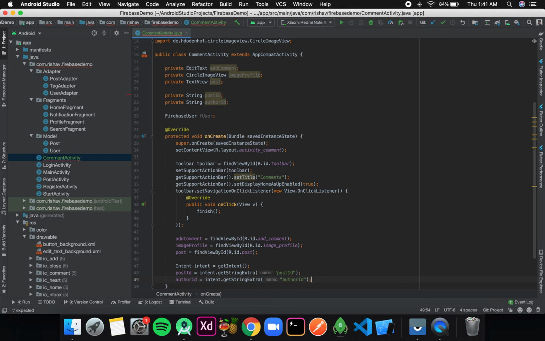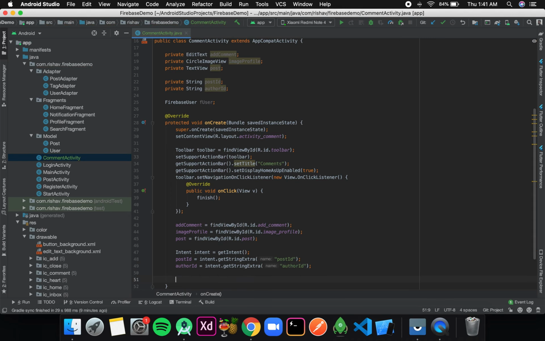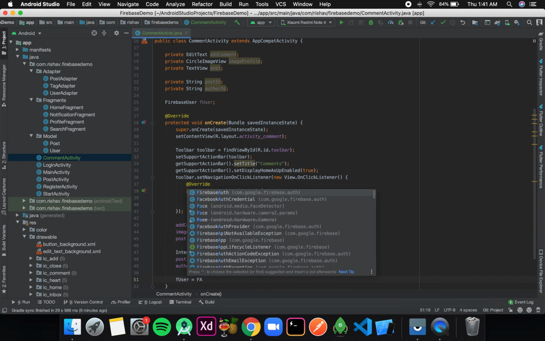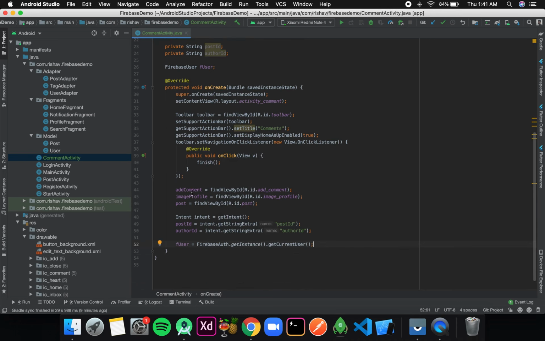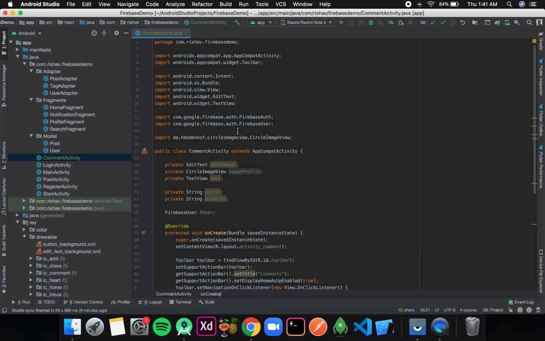Okay, and then the last thing is to initialize our Firebase user. So for that I'll add firebaseUser is equal to FirebaseAuth.getInstance().getCurrentUser(). Okay, then after that when everything is initialized we need to add the user's profile image in this imageProfile, that is the circular image view.